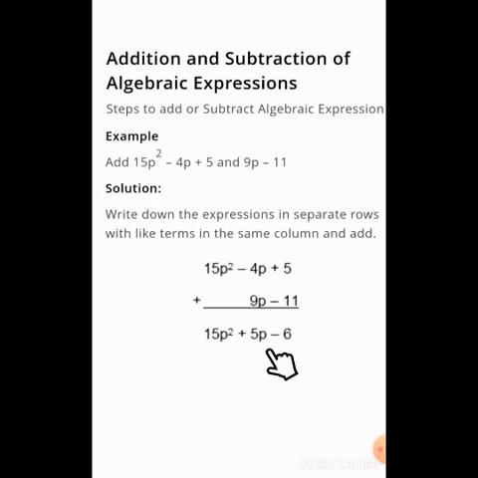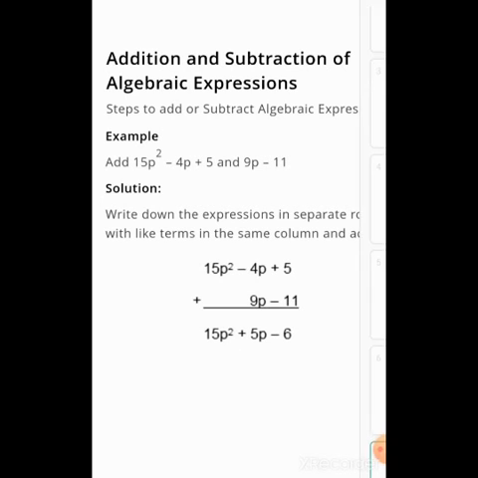Plus minus is minus. So 11 minus 5 is 6. But which one is the greater digit, 11 or 5? 11 is greater than 5, so we put a minus sign because 11 has a minus sign. So minus 6. Here minus 4p and here plus 9p. Again plus minus is minus. 9 minus 4 is 5, and the greatest digit is 9, and 9 has a positive sign, so plus 5p. Now remaining is 15p square. Below 15p square there is no digit or variable, so we put 15p square directly.